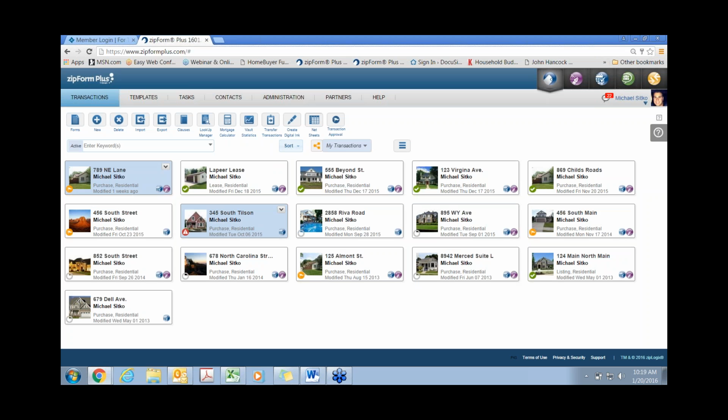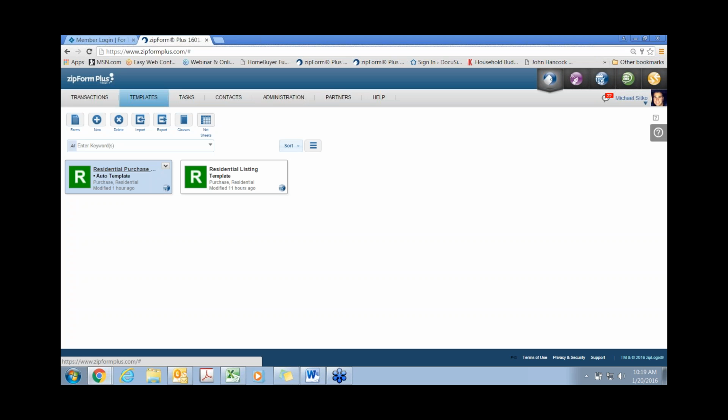All right, so now before we actually create a new transaction, I want to take a moment here to talk about templates. Because in relation to the transaction management system that's going to help keep you on track, a template is a focal point of the system. So a template is a package of forms, your listing packets, your residential sale packets,